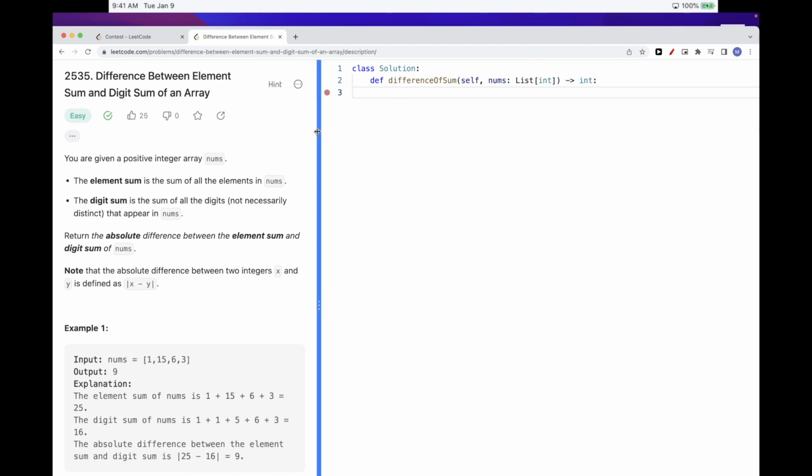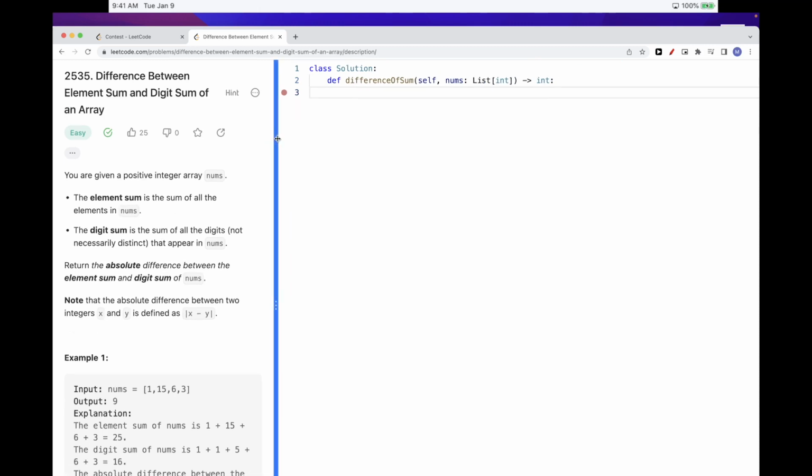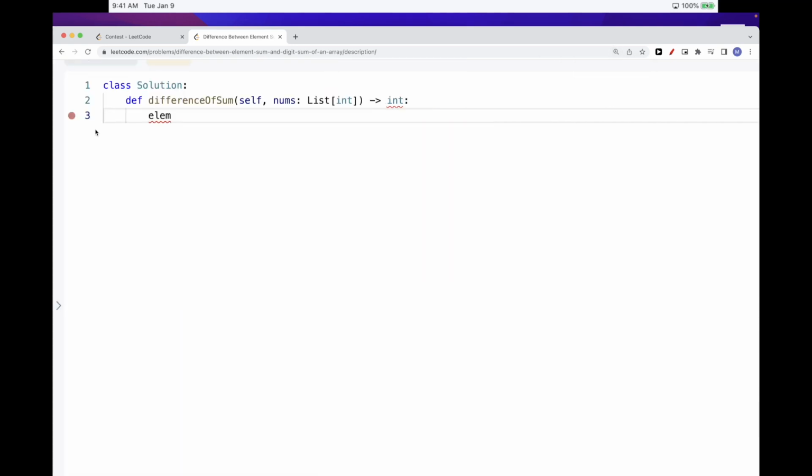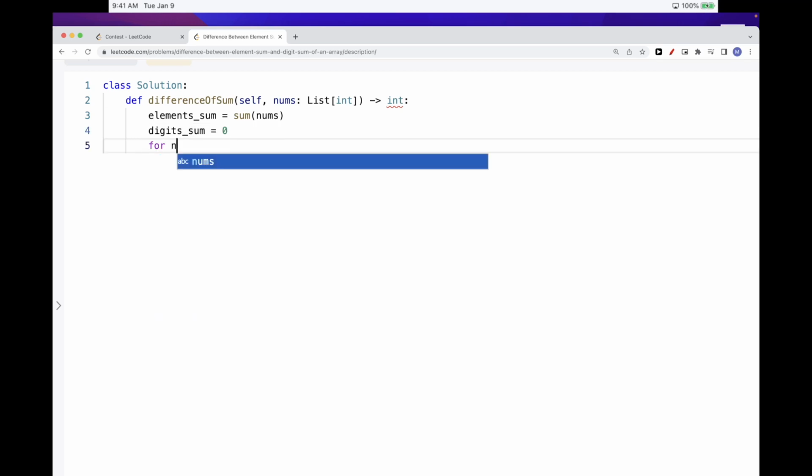So what we need here, first of all, is to have two sums. One is the element sum and the other one is the digit sum. So for element sum, let's call it element sum, right? It's just the sum of the numbers. But for the digits, let's call it digit sum, and we will need to, for each number in the array, get the digits, right? And so for every number,